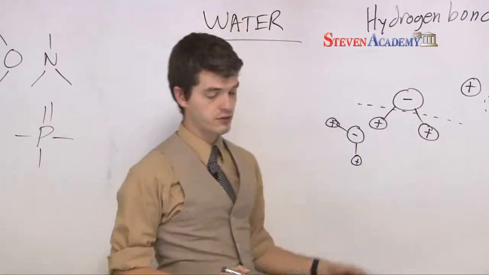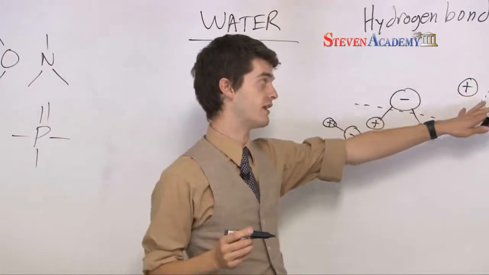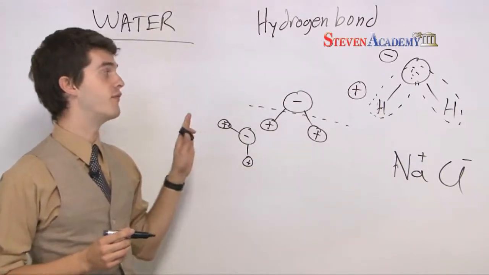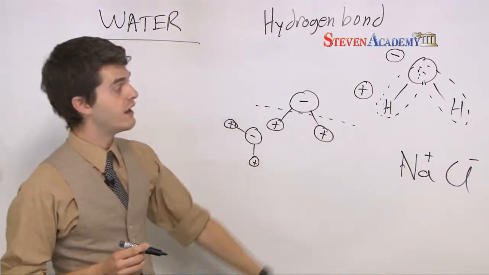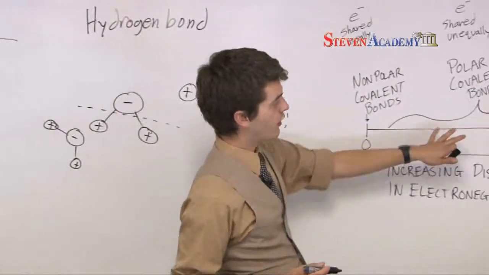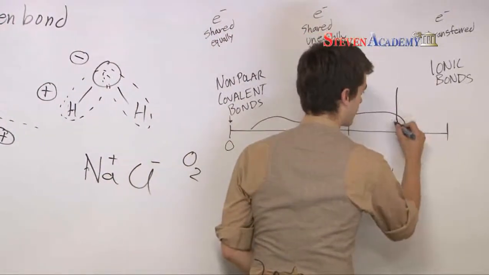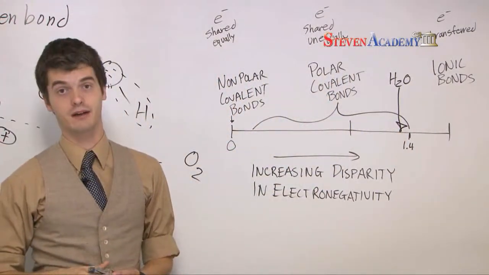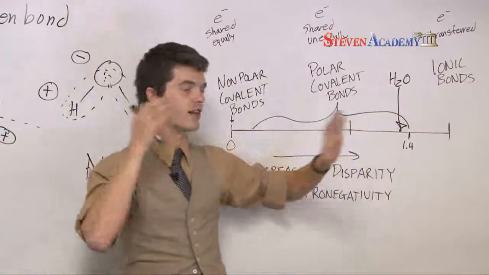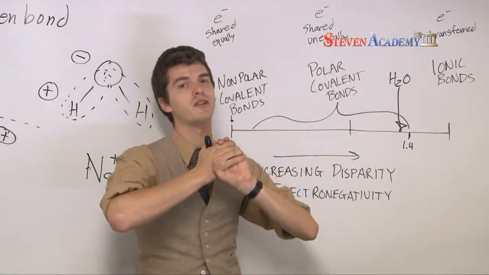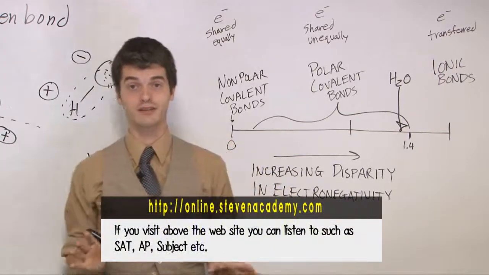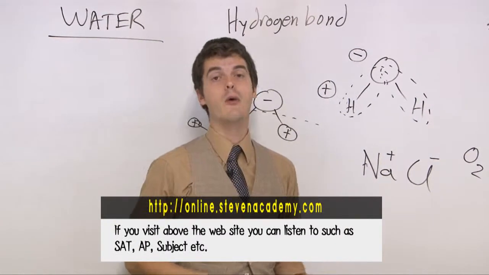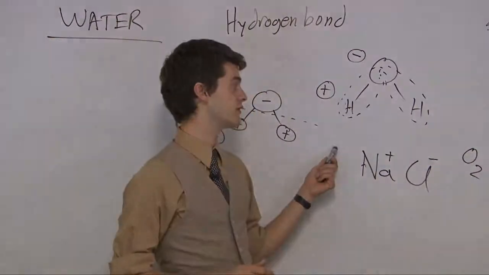So, remember what we're talking about over here with the way that the polar covalent bonds are forming. This is a very polar covalent bond. If we're looking over here at the chart, water is all the way over at the end. It's really close to being an ionic bond. The oxygen is really close to just ripping those electrons off of the hydrogens, but it doesn't quite. And as a result, the hydrogen bonds that get formed here are pretty strong. What that means is water is what's called